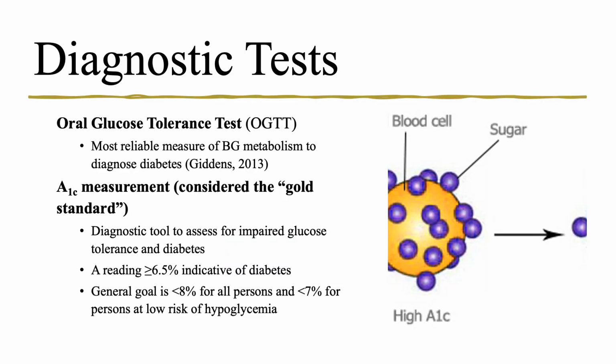Now, you have all probably taken somebody's blood sugar at this point. I hope some of you have had a chance to check blood sugars and even to give an injection of insulin. That's a pretty basic thing that nursing students usually get a chance to do right away. That's all well and good, but the gold standard for blood sugar testing is the hemoglobin A1C.